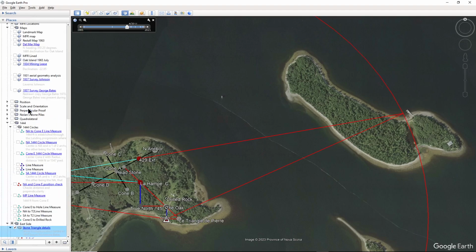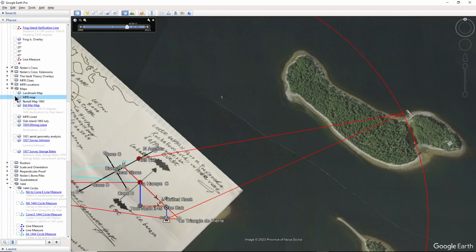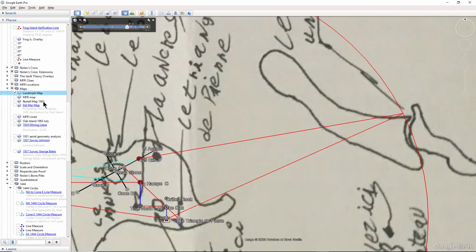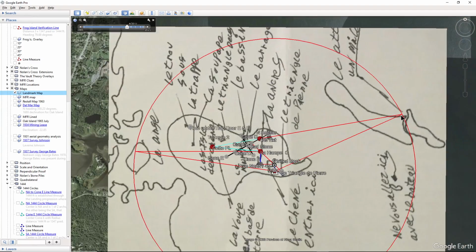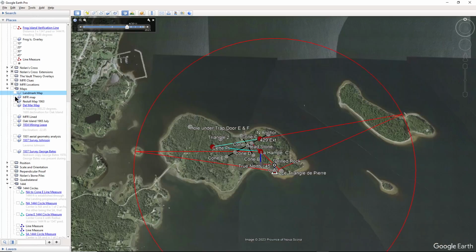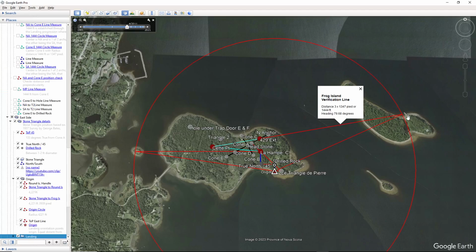Let me put the map up. If you remember, wrong one. Remember, we're supposed to go to here to extend that line out to here. If you extend that line out to here, this distance right here to that circle is 3 times 1347. So this line is 3 times. So if you took your dividers 3 times, it would go out to this circle. And this circle